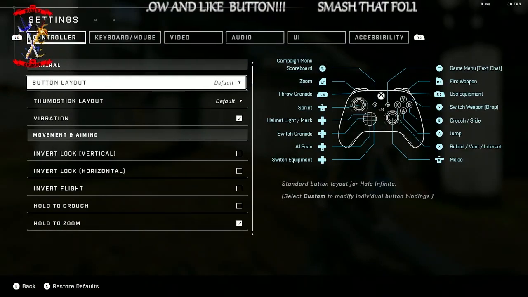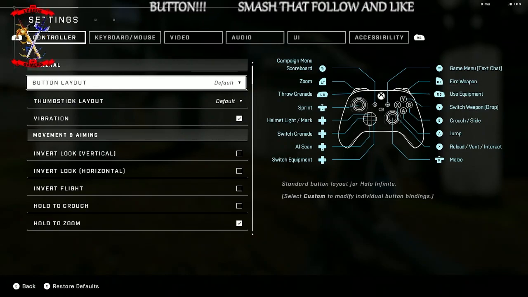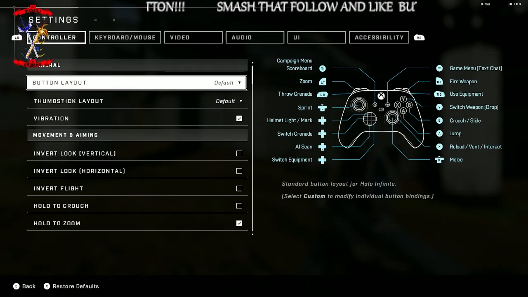And like I said, I'm going to go through the best controller and video settings to improve your gameplay. These settings are for multiplayer. If you're a campaign player, of course, you'll want the highest video settings possible so you can admire this game in all its glory. However, for right now, we're focusing on multiplayer and your best frames per second,